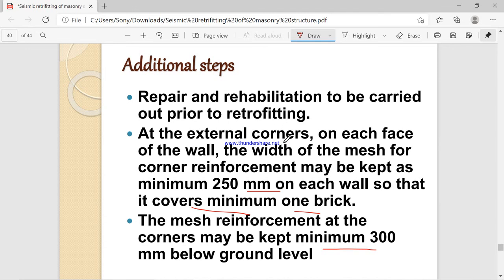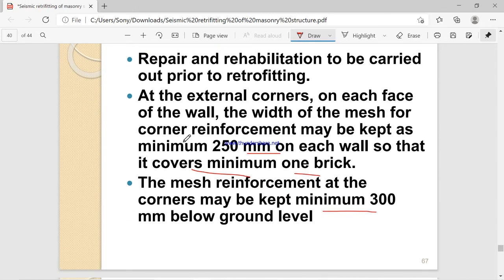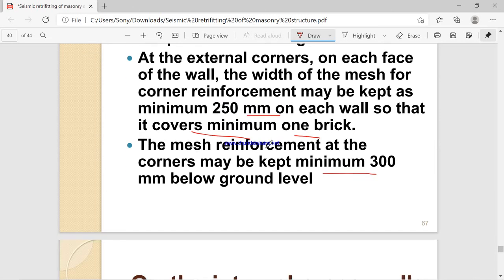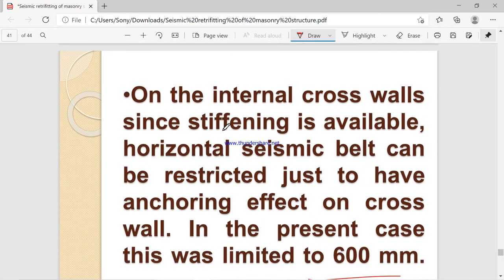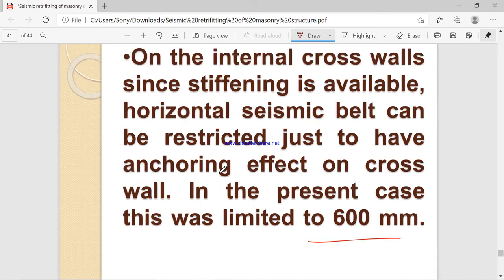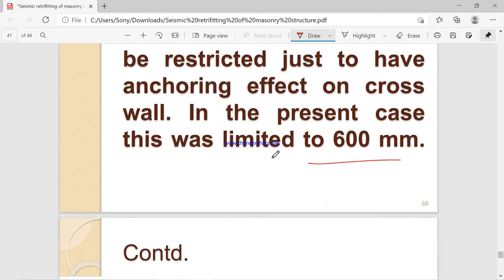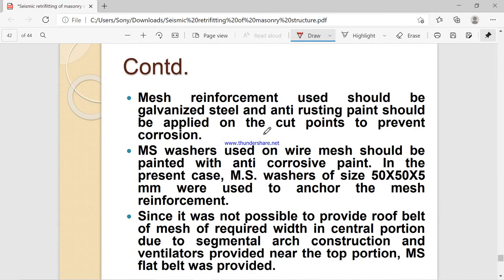At the external corners on each face of the wall, the width of the mesh corner reinforcement may be kept at 250 mm on each face of the wall, covering a minimum of one brick, and the mesh reinforcement at the corner may be kept 300 mm below the GL. On the internal cross wall, since stiffening is available, the horizontal seismic belt can be restricted to just anchoring the effect of the cross wall. These are some references for the mesh reinforcement; you can go through them.